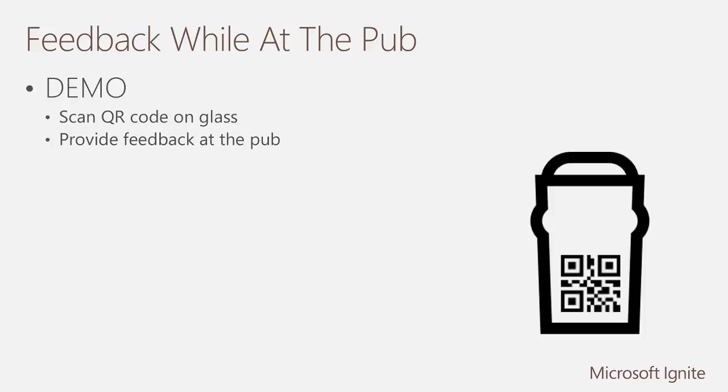How to create QR codes is very simple. You can go on Google and you can find a QR code generator. So the actual generation of this code is very easy. And this one is linked to the URL. The page it goes to is a CRM portals page. To provision those for Dynamics CRM,